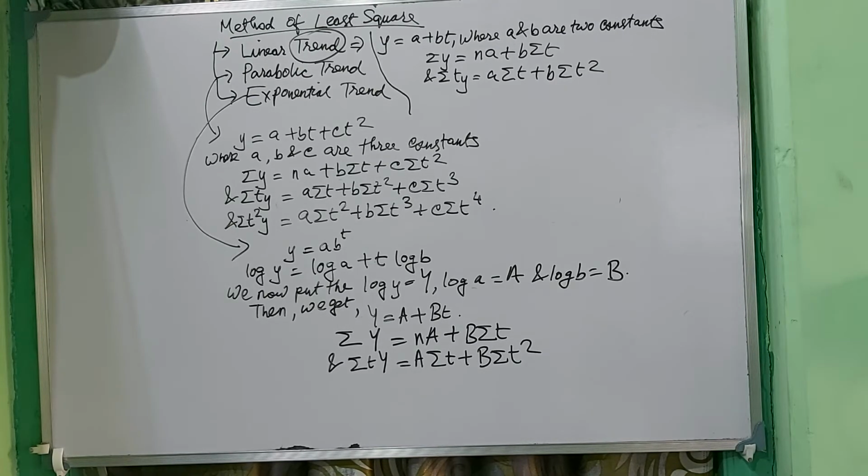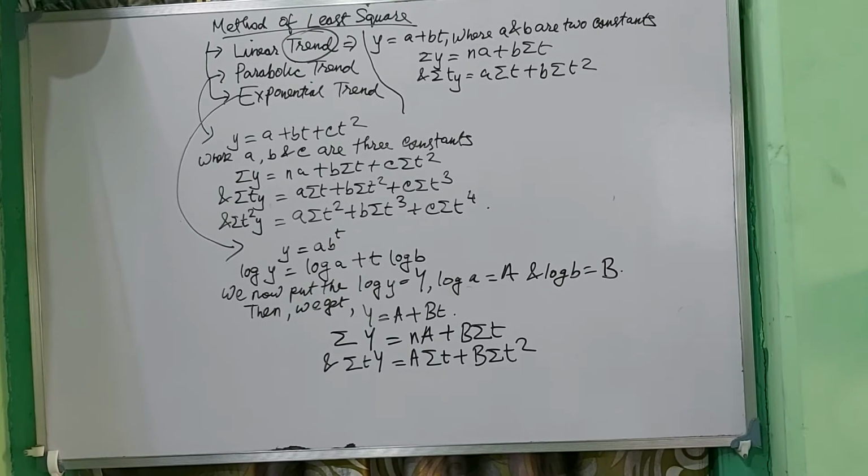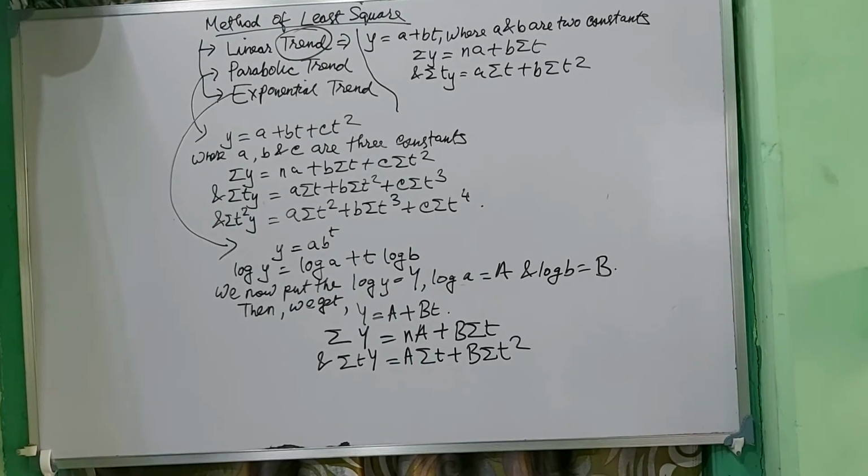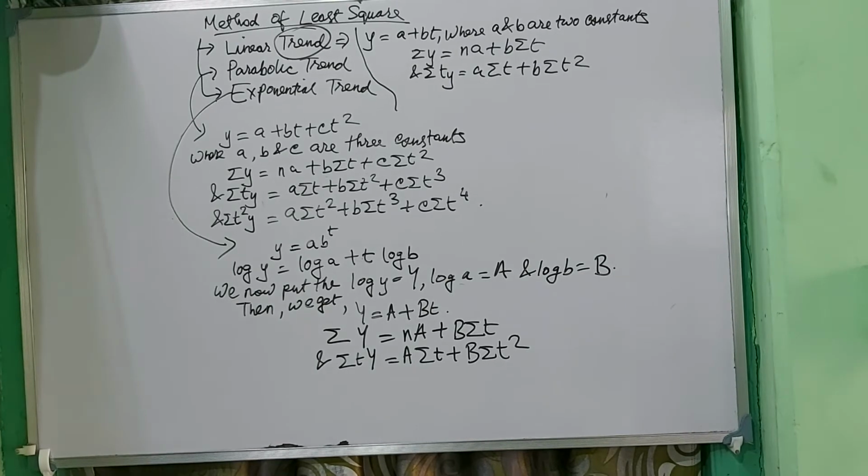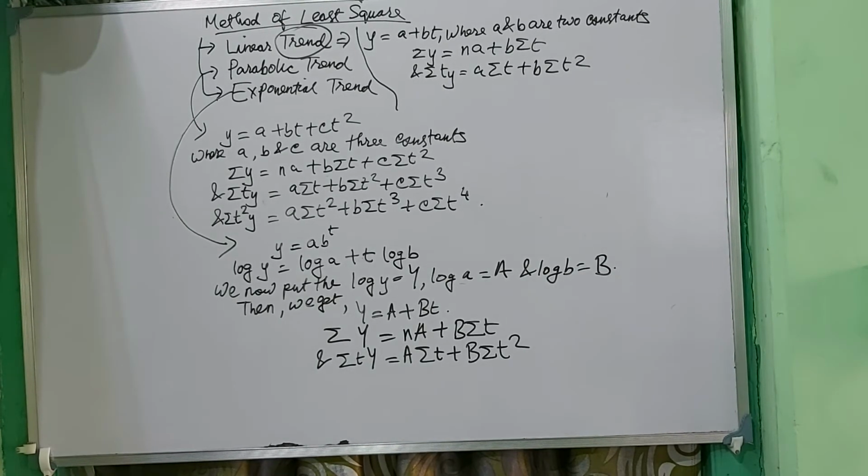So basically on that basis, if we have to find out what we can do in this method, the method of least square is also one of the important methods from where we can easily compute the parabolic trend equations and linear trend equations. And if we go through on that basis, we can easily have a few sums in our hand, and I will start by solving some sums, which is obviously how the method of least square can be computed.